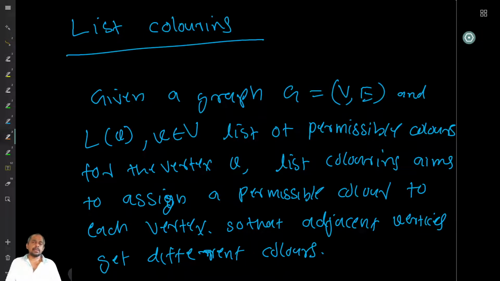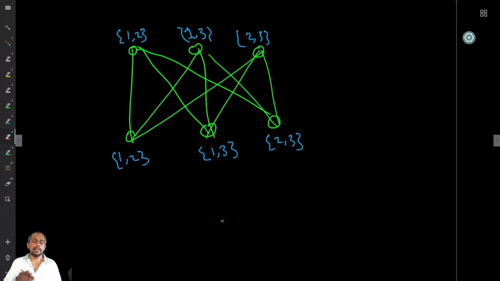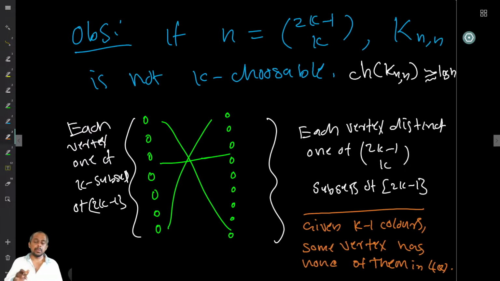Okay, so as part of our probabilistic method, we were looking at list coloring in the previous class. We started with the definition, and we looked at some examples to see why the list chromatic number can be larger than the chromatic number. And now we look at one more example to show it can be quite large.